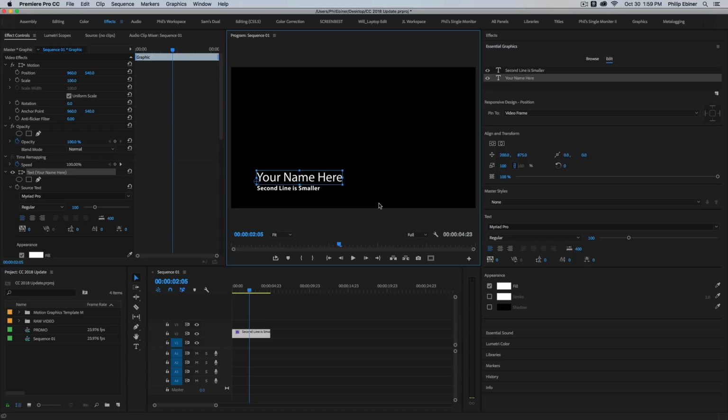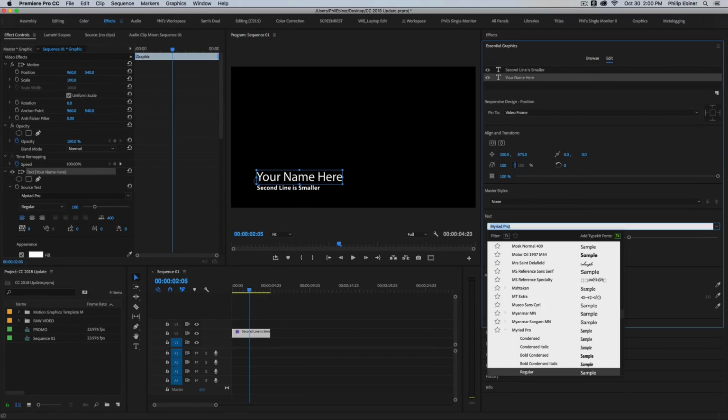Not just text layers, but also shape layers. You could pin a shape layer to the text, and it will expand, get smaller, bigger if you change the size of the text, or vice versa. You could pin the text to the shape layer, and when the shape layer increases in size or changes position, the text will match that. Pretty cool, right? Another of my favorite features is in the text dropdown, you now have previews of all the